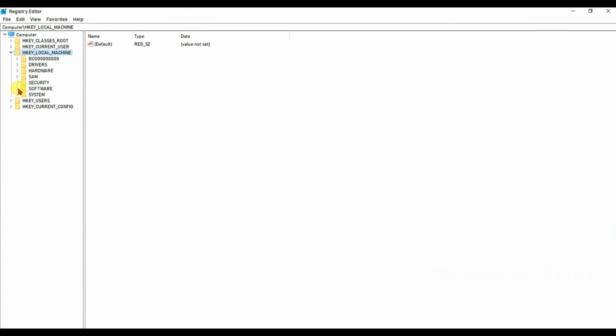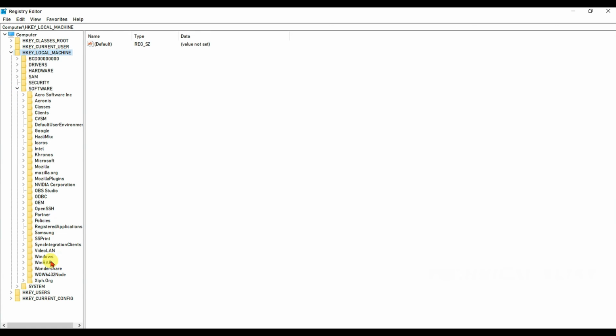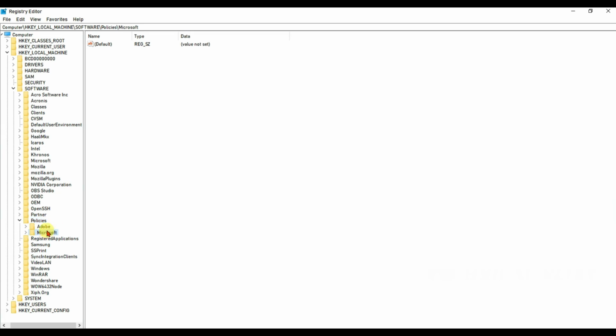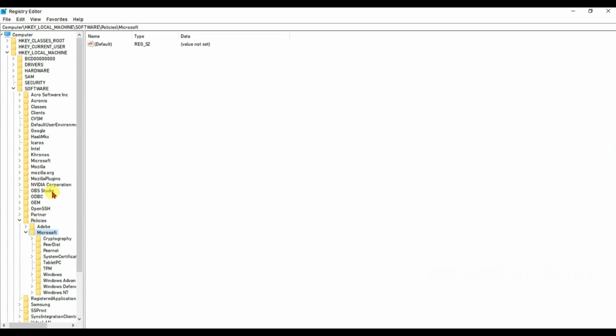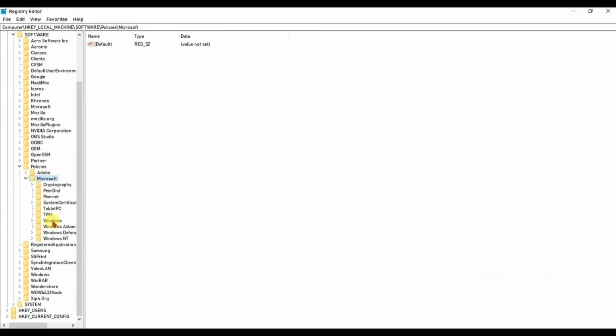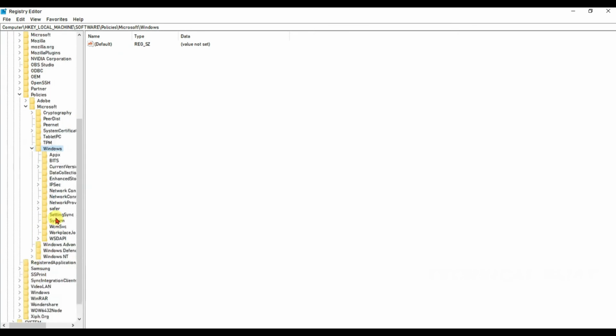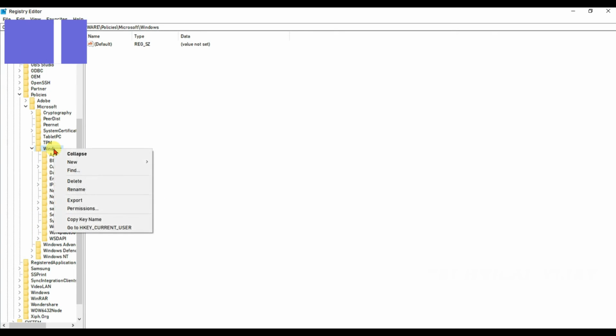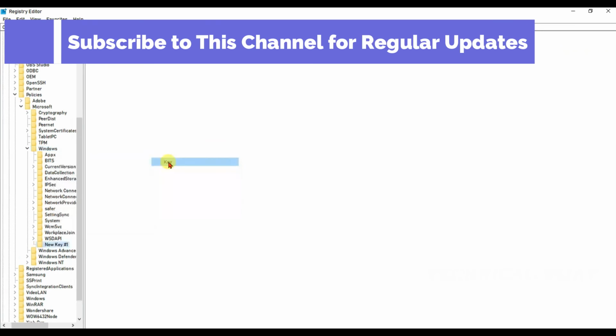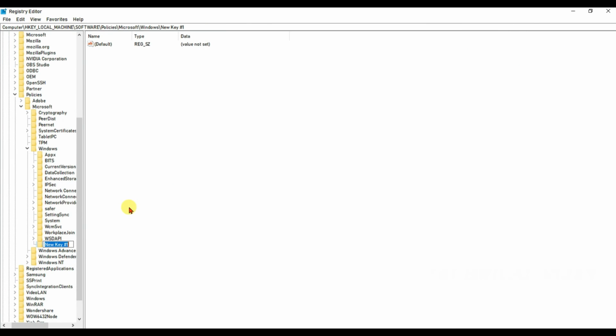Okay. So for this, you can open run program, then search for regedit, that is type regedit and press enter. Navigate to the following path, that is local machine, software, policies, then Microsoft, and in that Windows. Right click the Windows key, select the new submenu and then choose key option. Name the new key as Windows Update and press enter.